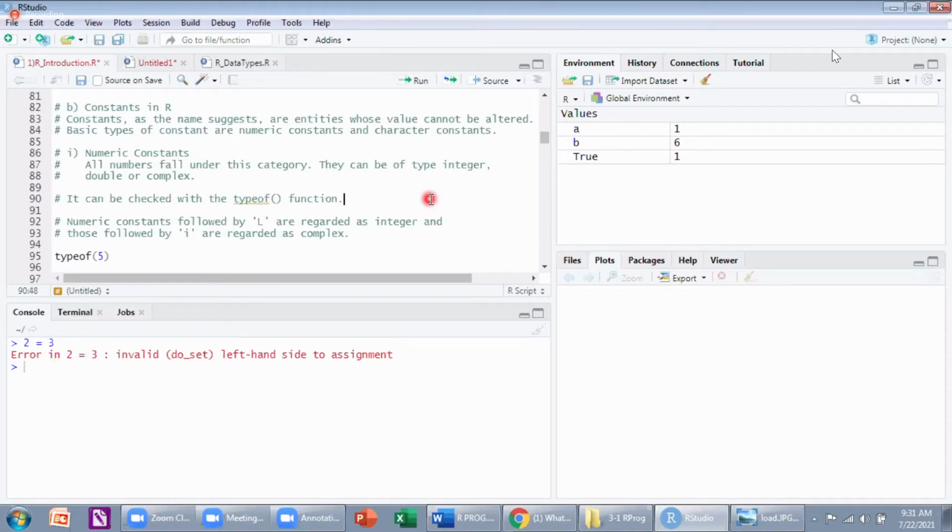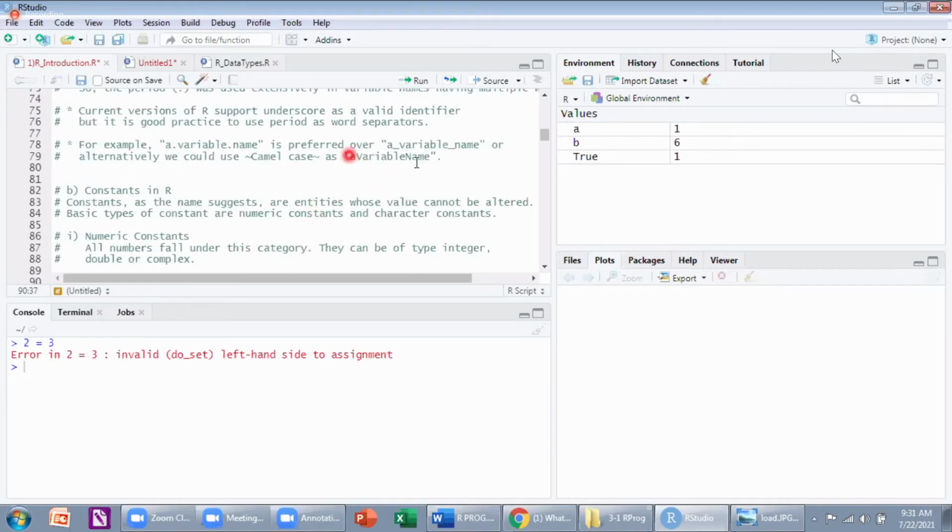Remember, I'll write it here. In Python, we use type. There is no camel case for this type of function. These are pre-defined functions.